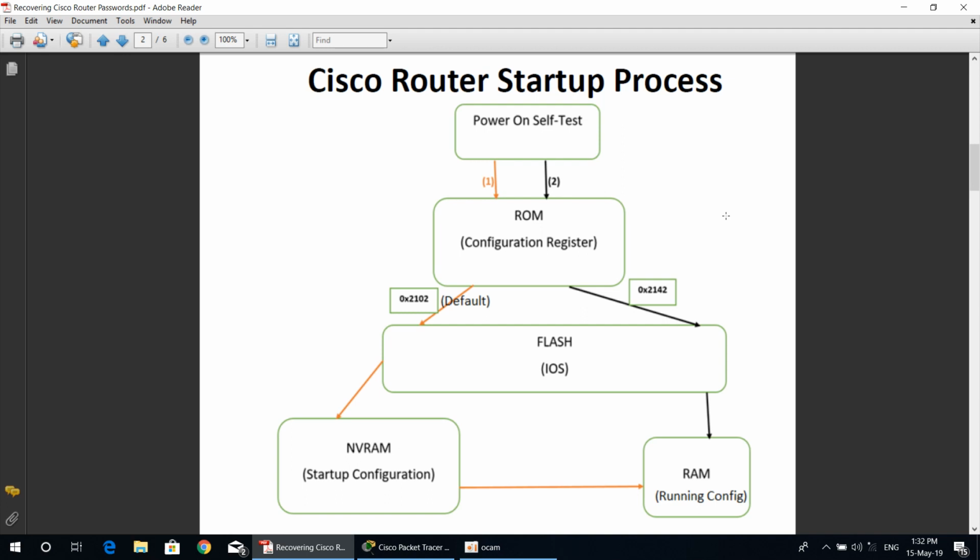In the case when a user enters user exec mode through the console port, the user needs to enter the console password correctly. And then when the user moves from user exec mode to privileged exec mode, the user needs to enter the privilege password correctly. In case the user doesn't remember the password, the solution is you need to change the configuration register value from 0x2102 to